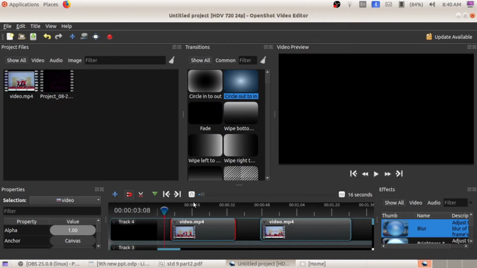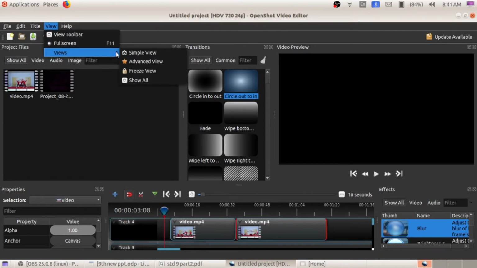By the previous class session, we have added some videos to the workspace. This is known as the workspace, and from this workspace we have added those particular videos to the tracks, and also removed the unwanted parts by using the eraser tool. Here you can see 2 parts of video. Then we can join them together. In today's session, you are going to learn how to apply the corresponding transitions and effects to the video.